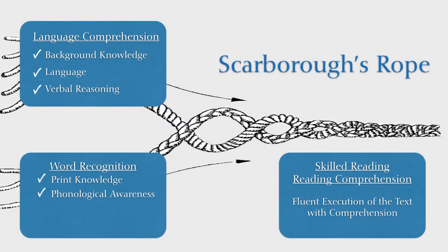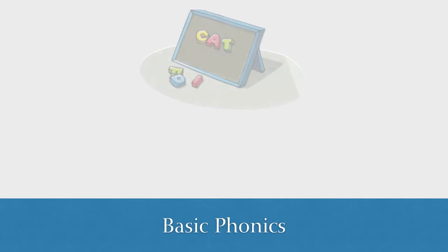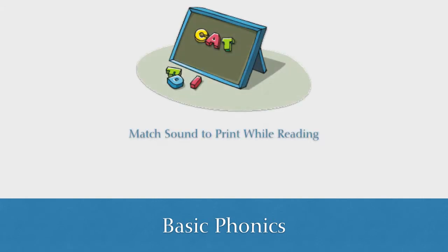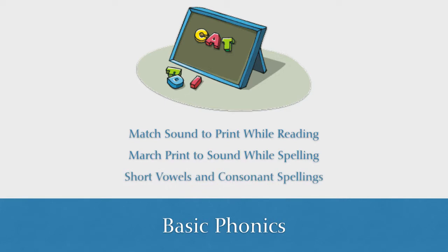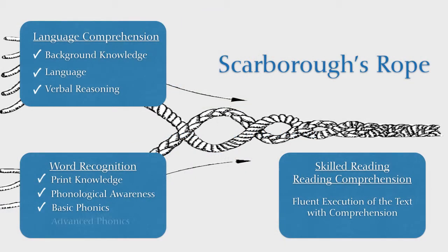When print knowledge and phoneme awareness come together, phonics, decoding and spelling, is born. Basic phonics describes the work of K and 1. Here, students match sound to print as they read, and print to sound as they spell. Basic patterns such as short vowels and consonant spellings are introduced. Advanced phonics is the work of 1st through 5th grades as students learn to read